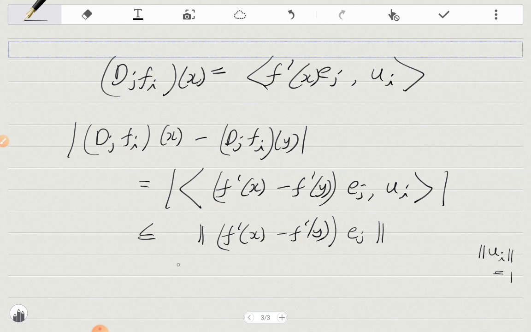Now, using the definition of the operator norm, this norm here is just the Euclidean norm. So if I now bring in the operator norm, this will be less than or equal to the norm of f prime x minus f prime y, multiplied by the norm of e_j, which is again 1. So we are done. This last thing here is the operator norm of f prime x minus f prime y, and we know that by assumption